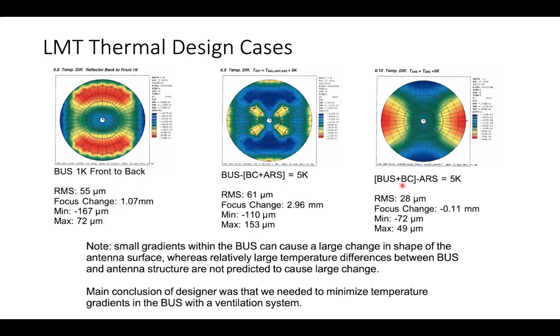And then finally, if we take everything that rotates in elevation and make that 5 degrees different from the alidade, then you can see that we get an interesting pattern here, but a relatively small change for a 5-degree difference. So the takeaway from the design work was that small gradients within the backup structure can change the shape of the antenna surface quite a lot, while it takes a pretty big temperature difference between the backup structure and the rest of the structure to change the shape. Because of the backup structure